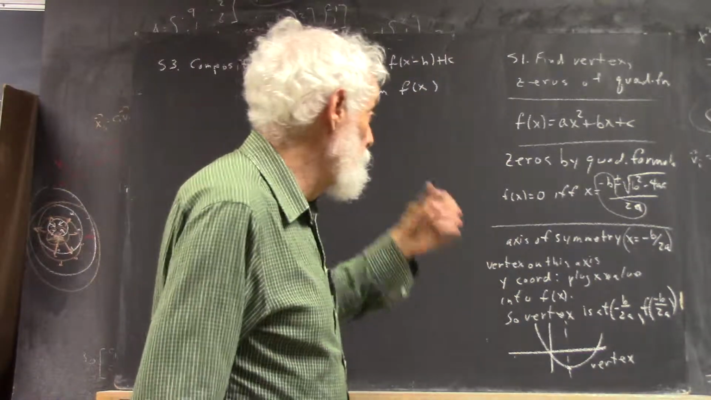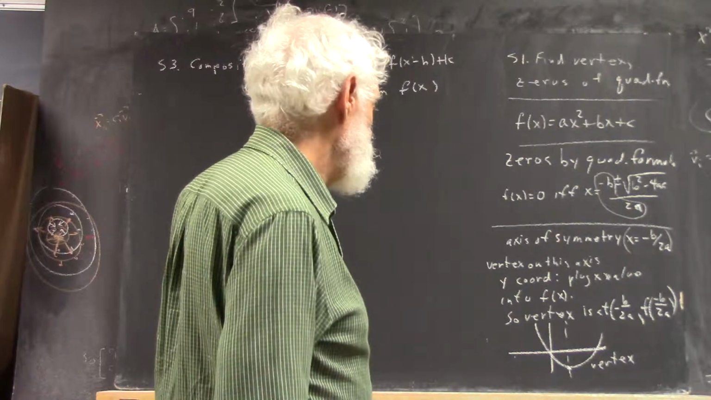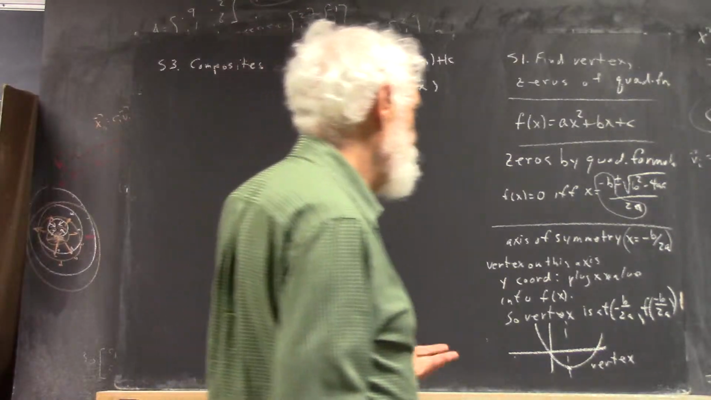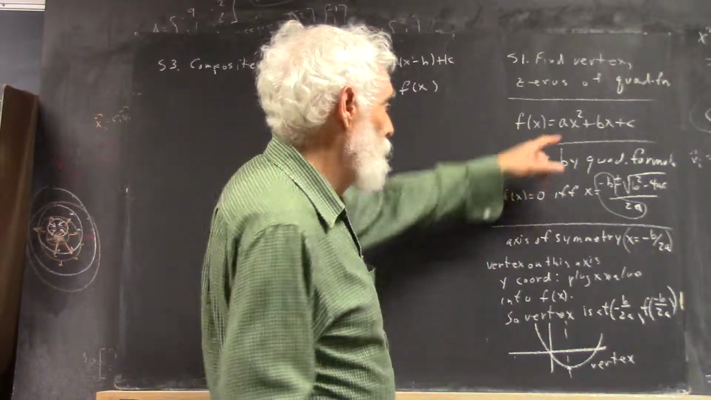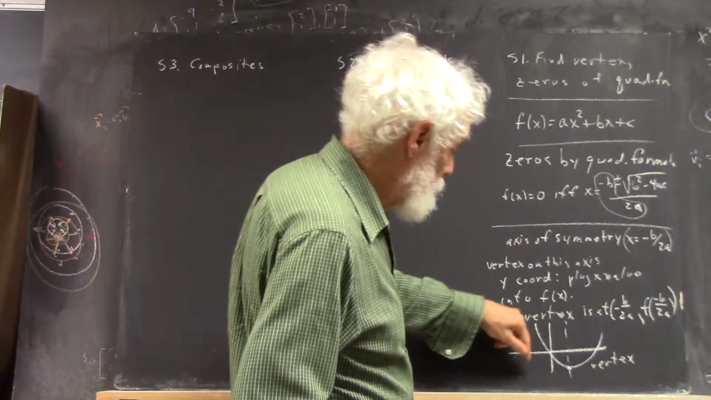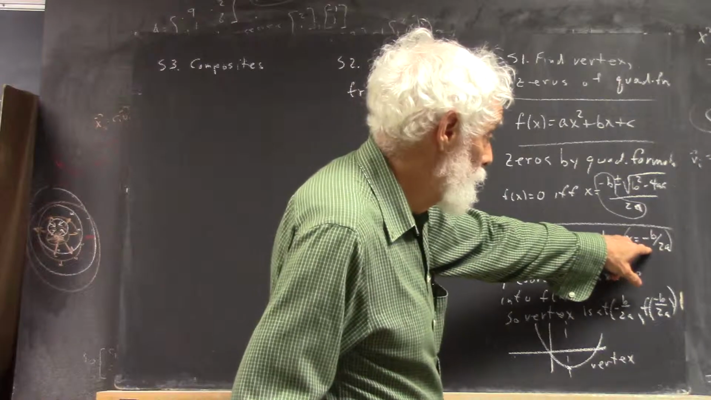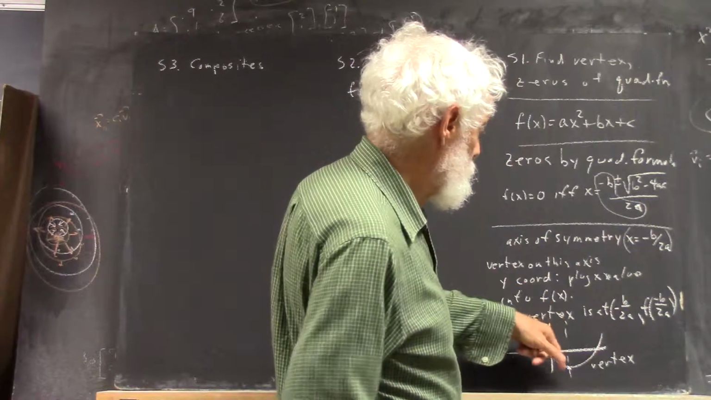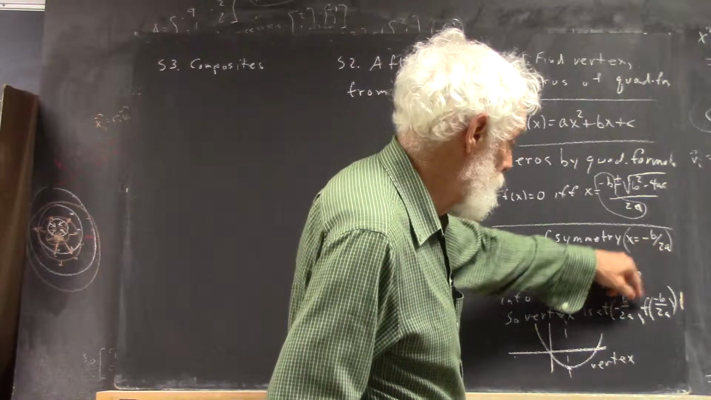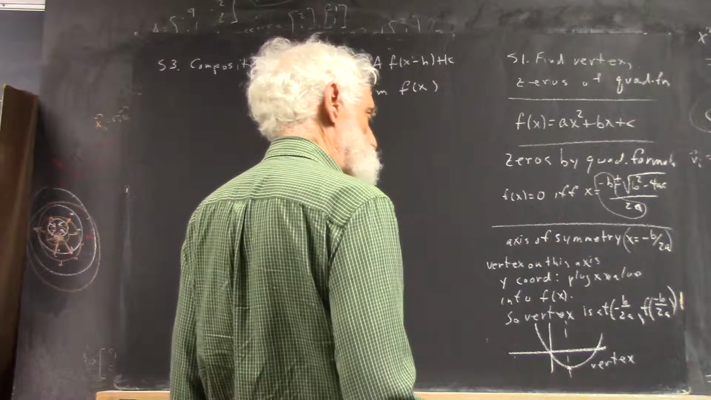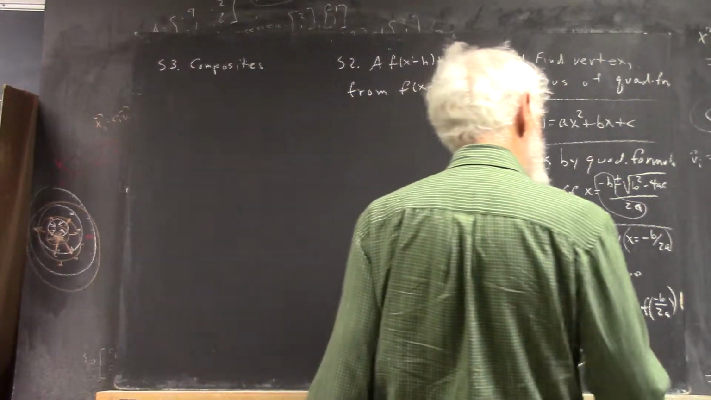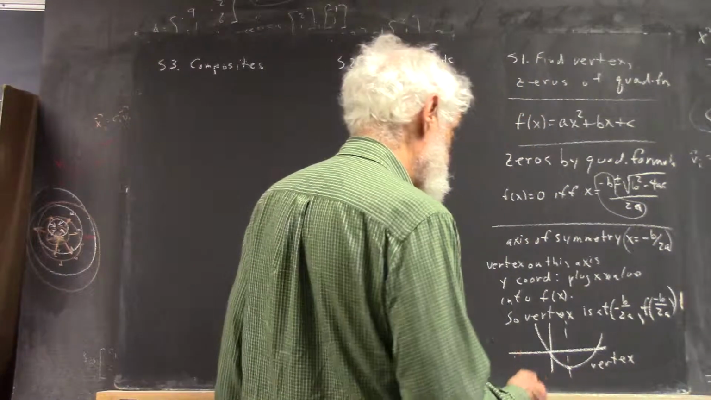So that's the bottom line. Now, there's more that we could say. If this is the case, then you have a vertical stretch by factor a. You have a horizontal shift of negative b over 2a, and a vertical shift of whatever you get when you plug that in to the function. So the other form of the function, it follows, is